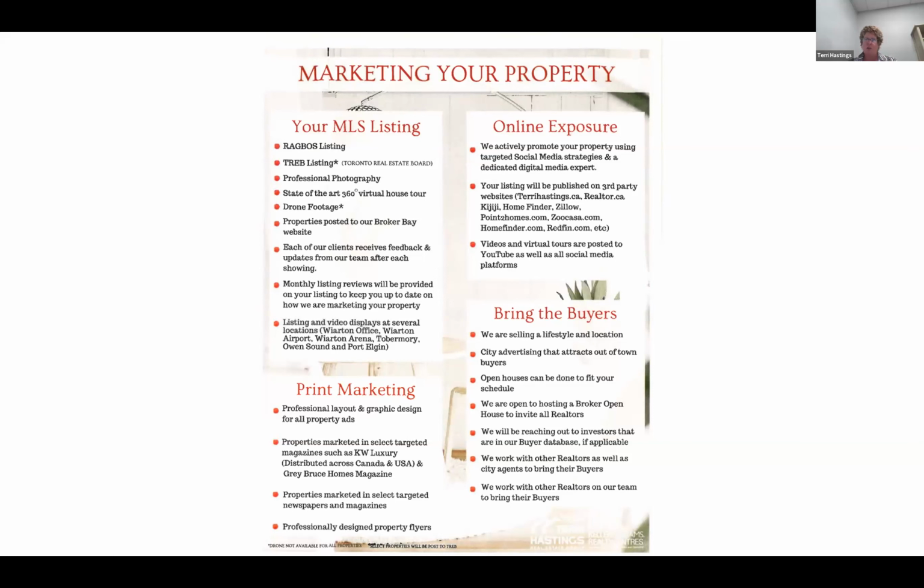So this is everything that we offer our clients. We enter into the listing agreement, and then we book the photographer to come after we book a staging consult. And then we go through all the checklists to determine when you're ready. It could be a week, it could be a couple of days. If you need one of our tradespeople to come and do something, we can help with that. When you are listed, your listing goes on the MLS and on the Toronto Real Estate Board.